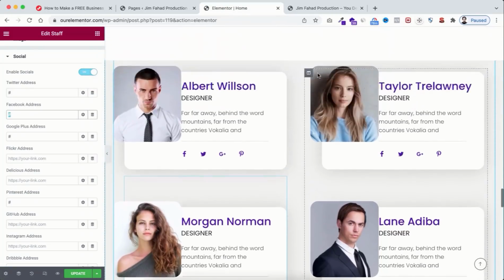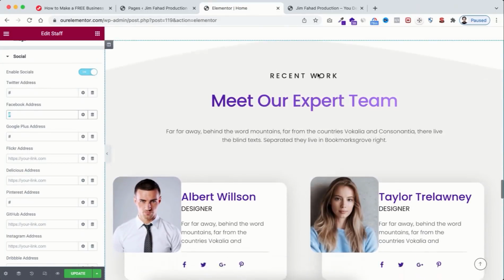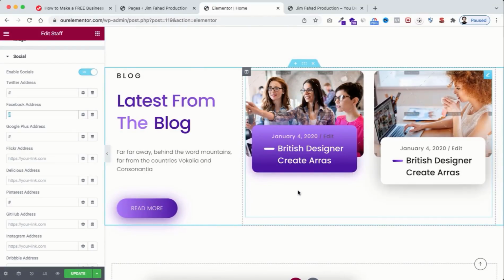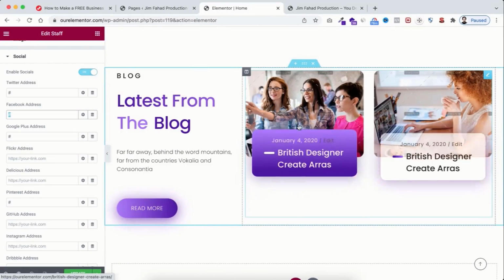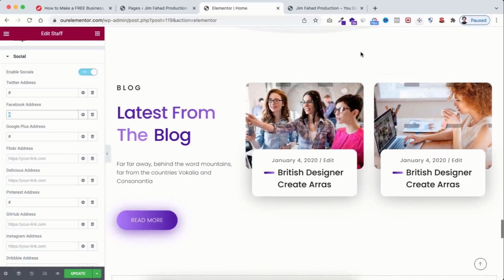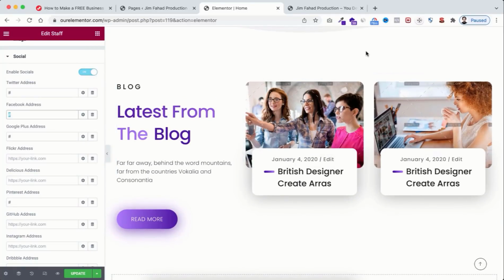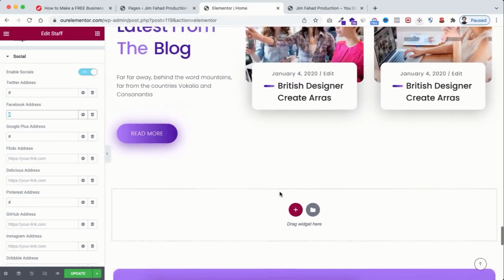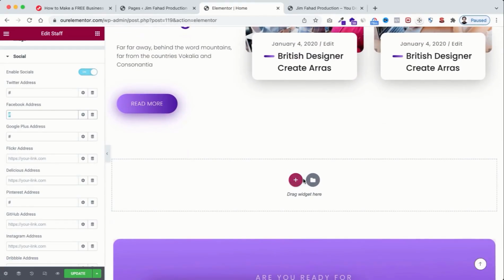Alright, then after the theme section, let's now scroll down. Here we have got our blog section. Basically, these are the recent blogs. These are coming from our blog posts. So we will talk about this section whenever we make the blog posts. And then if we scroll down, here we have done with our homepage, because after this plus and folder icon,